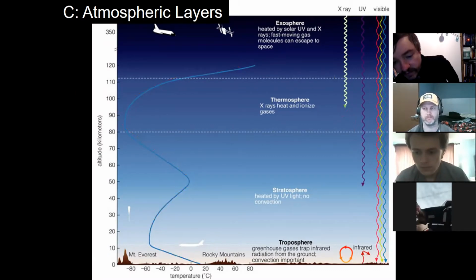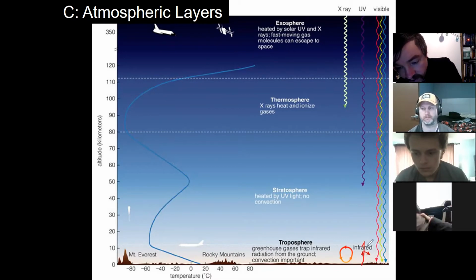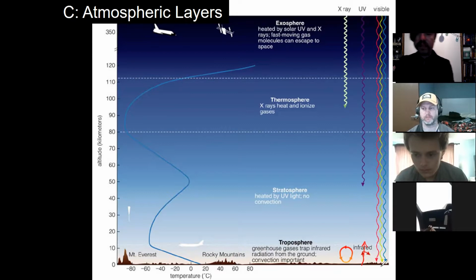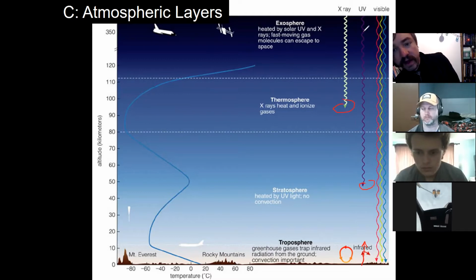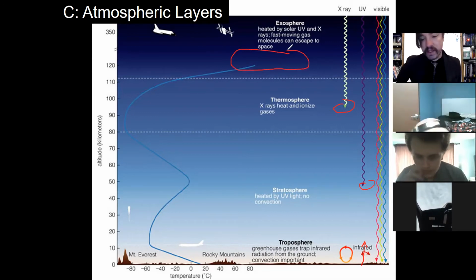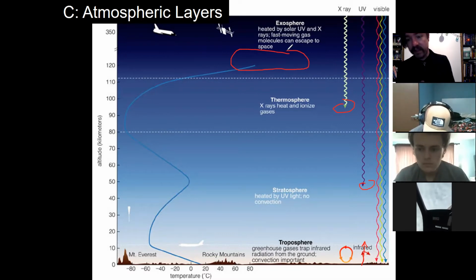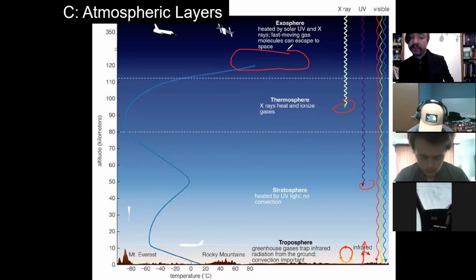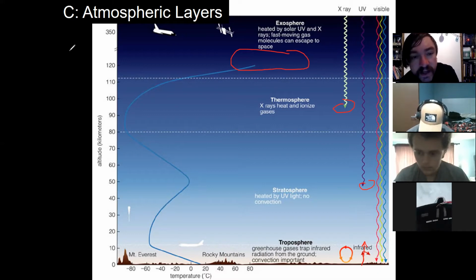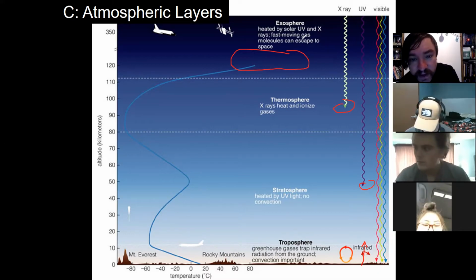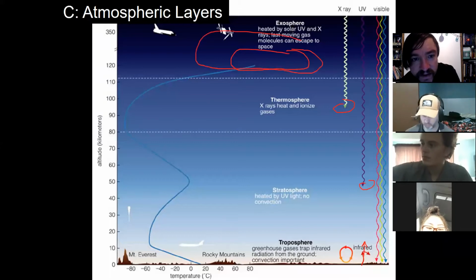The troposphere is actually heated from below by infrared radiation coming from the ground. The other layers are heated by ultraviolet. They're heated by X-rays in the thermosphere. And the upper layer, the exosphere, is sort of heated by solar wind. We'd like to talk about each of these layers in turn. We have to get into some technical details here today. I was going to do the troposphere first, but let's start with the exosphere. Let's get that out of the way because there's an important formula here today, and it has to do with the ideal gas.